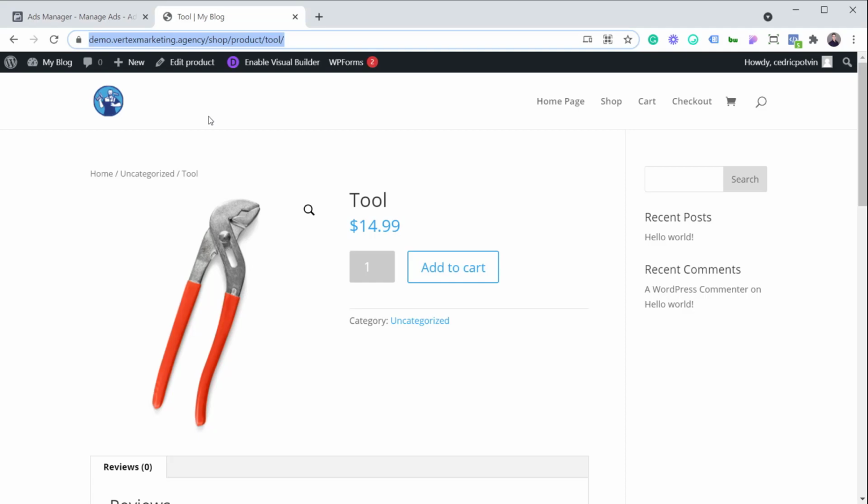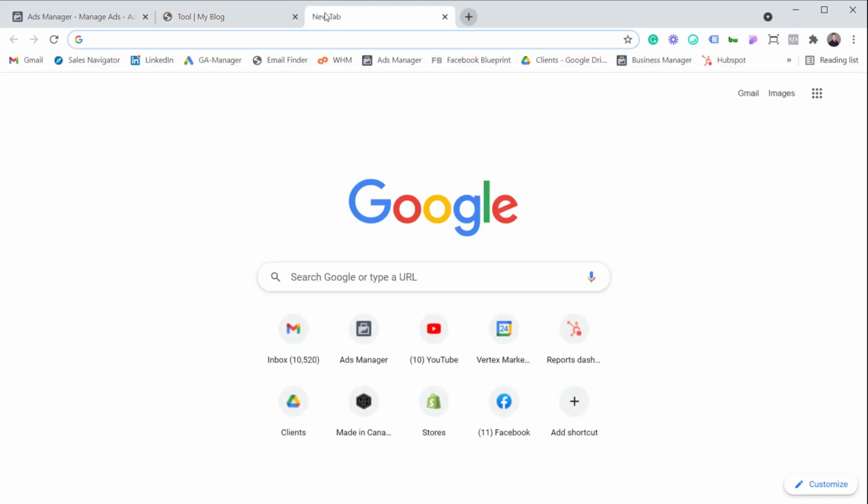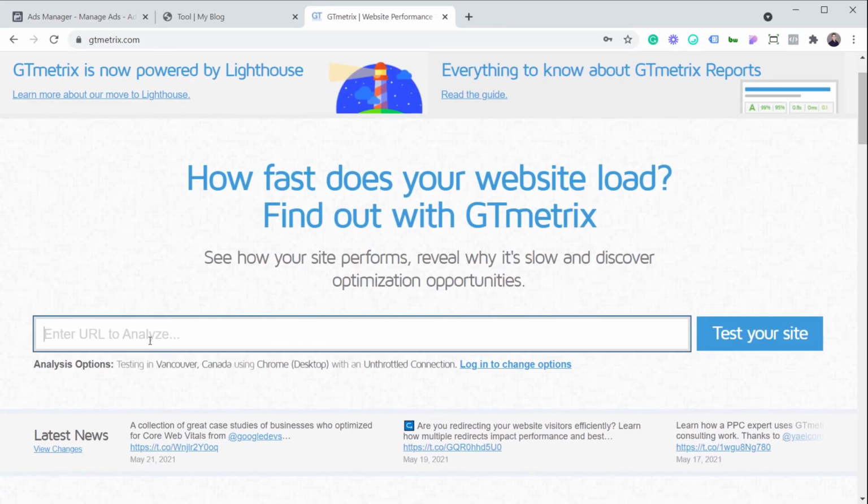So it's making sure that your website is secure, that what you are showing on the page matches what you are also advertising in your ad. So you got to make sure that these two match, but also taking a look at the load speed. You can use a tool like GTmetrix and then simply put the URL that you're bringing the user to and click on test your site. And it's actually going to give you a breakdown of how fast or how slow that specific page is. And it's also going to give you recommendations on how you can improve the speed, because that is really important,